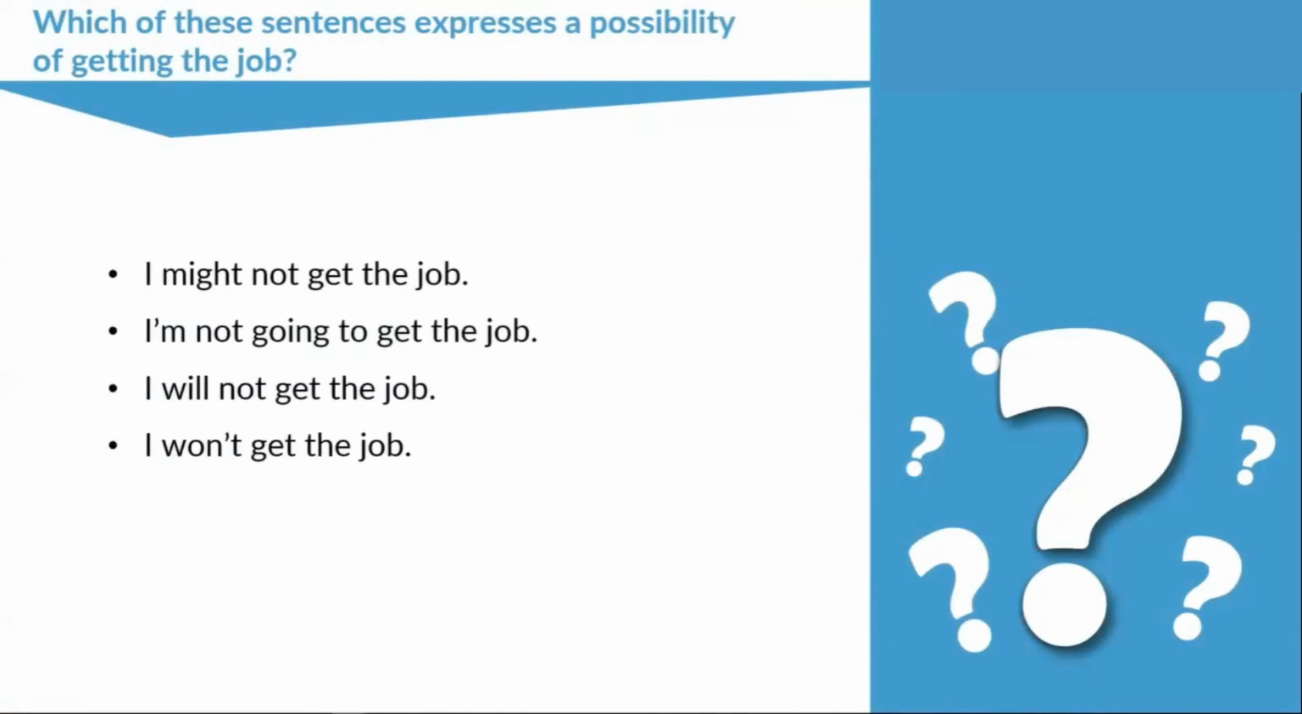Exactly. Good work, Antonio, Bilal. Fantastic. Heba, Yehia, Paul. Fantastic. Of course, it's the first one because these three are the future simple. 100%, or in this case, 0%, because they are negative. So this one, I might not get the job,